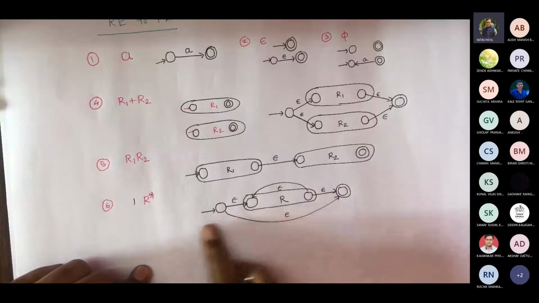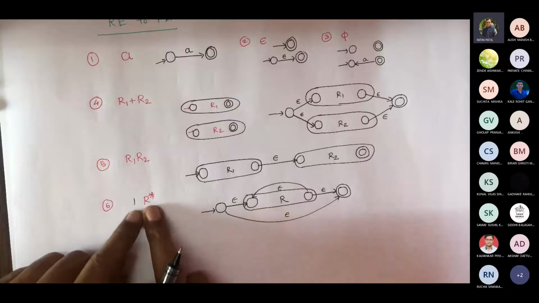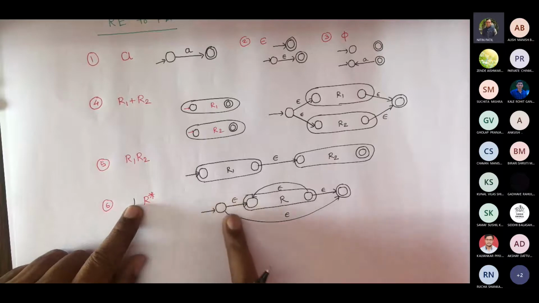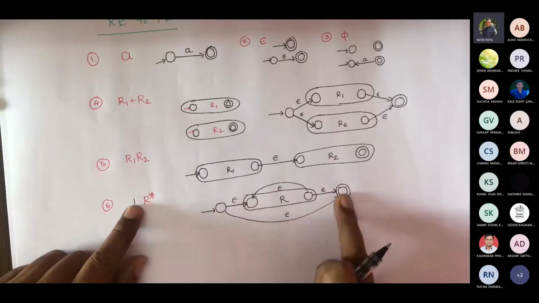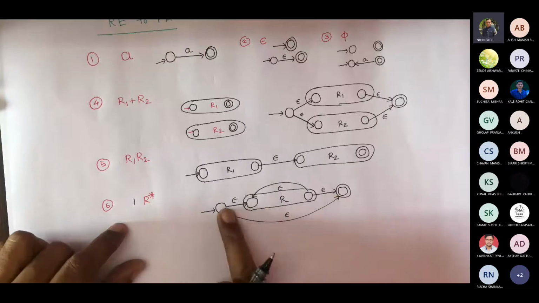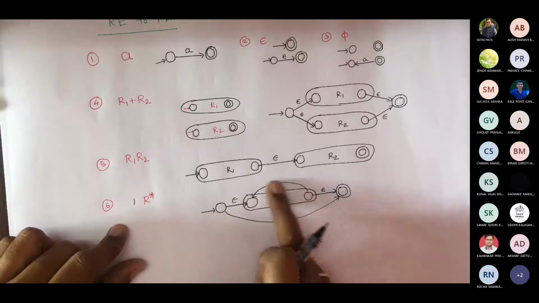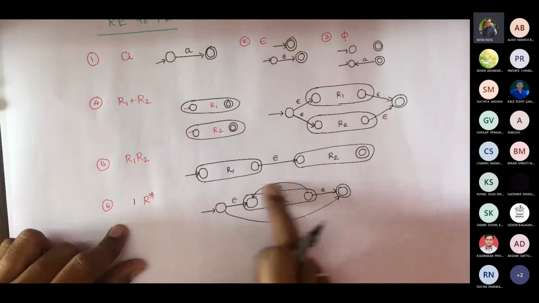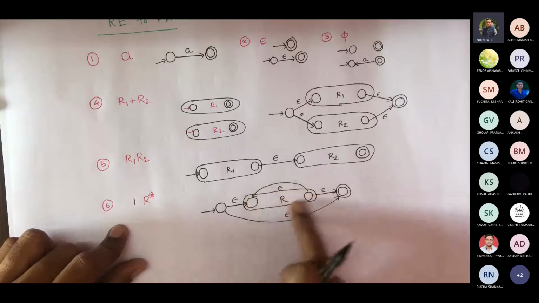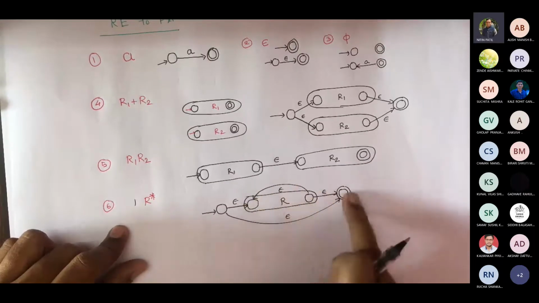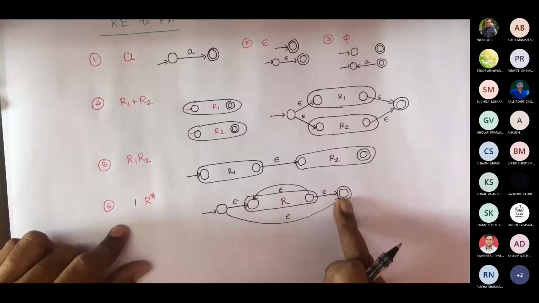Now from the final of R to the new final with epsilon, and from the final of R to the initial of R with epsilon. So what you will see is epsilon, R, RR and so on. Epsilon you are taken to final, R you are following to final. If you want to take RR, you go here again. You have multiple repetitions of it, iterations or loop, or closure, and then reach the final. Is that fine?